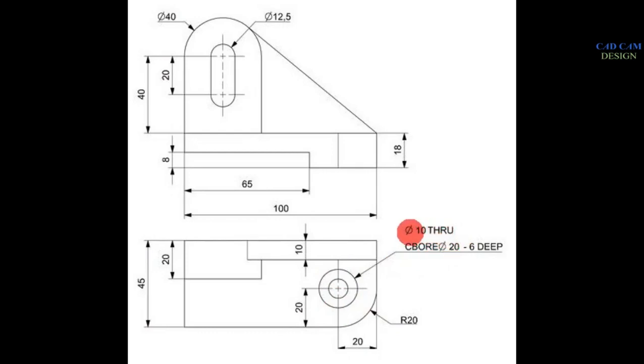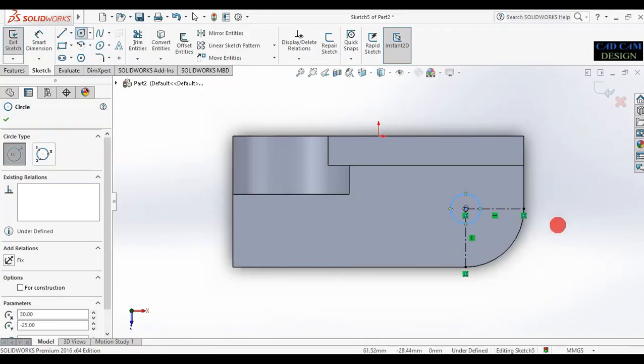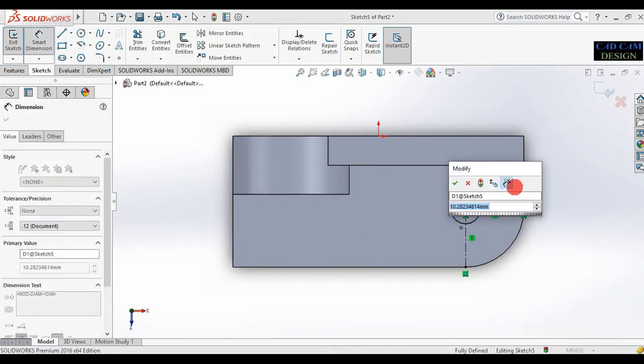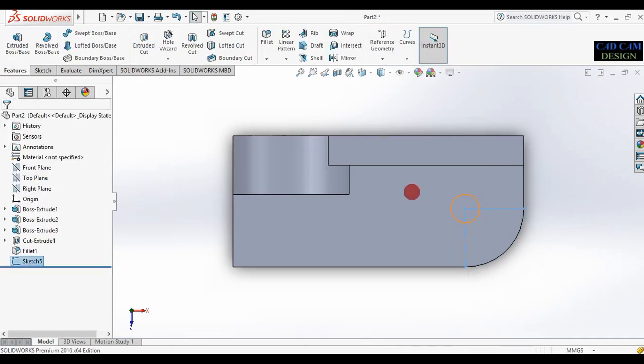Now 10 mm through all surface and a 20 mm circle. The 20 mm diameter circle is 6 mm deep. Now first of all 10 mm diameter through all surface. Now select this and dimension. Now click 10 mm. Now first of all exit sketch and